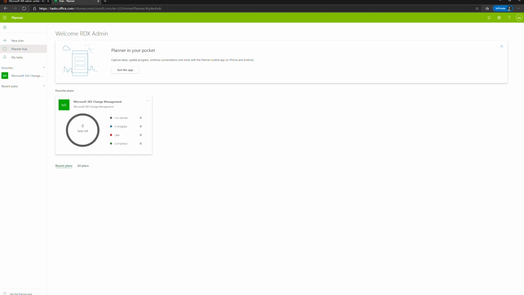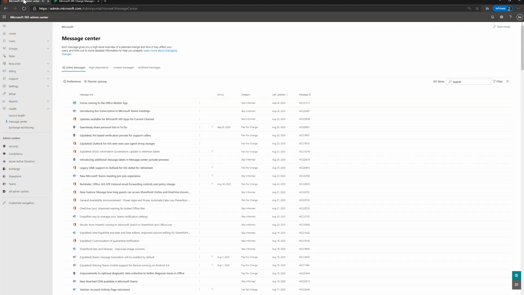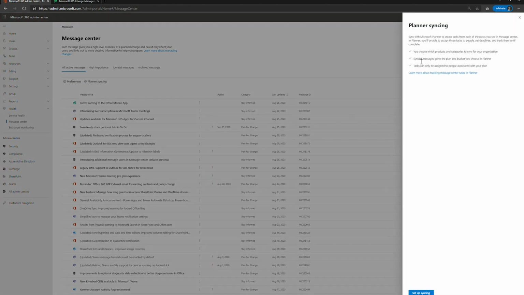We've integrated with Planner to make the task management of that project much easier. And so you can see here that I've got my planner set up with a plan, and I've got my buckets already laid out to take a look at things that need to be triaged, reviewed, rolling out in production, and communication. And if I want to set up this sync, I can go to the message center and start